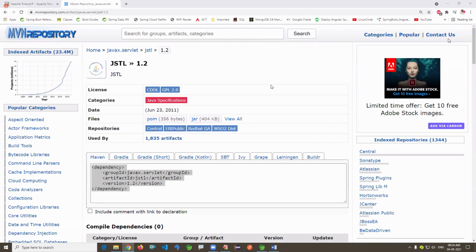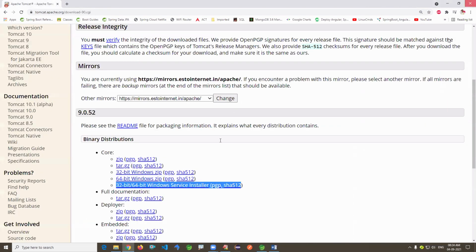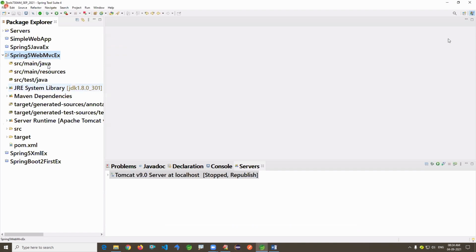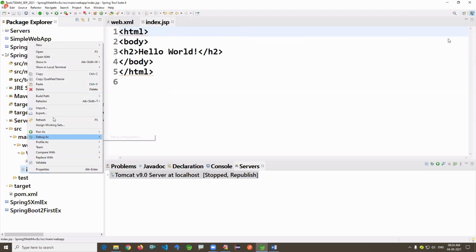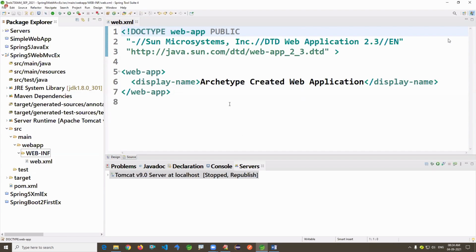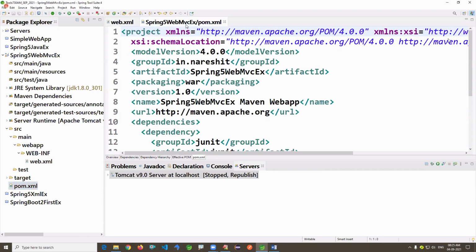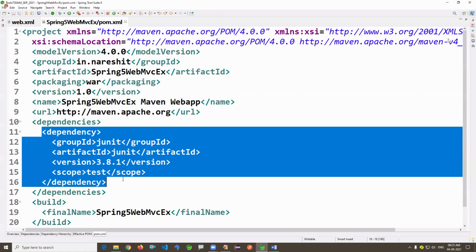Okay. Now this is fine. Next one. If you are writing one application, here I'm just using web.xml, index.jsp. I don't want it, delete this file. Okay, so I'll write a different folder structure here. Now here I'm just providing the details. Look at one by one. First, open pom.xml. Always this is the first one you need to do.